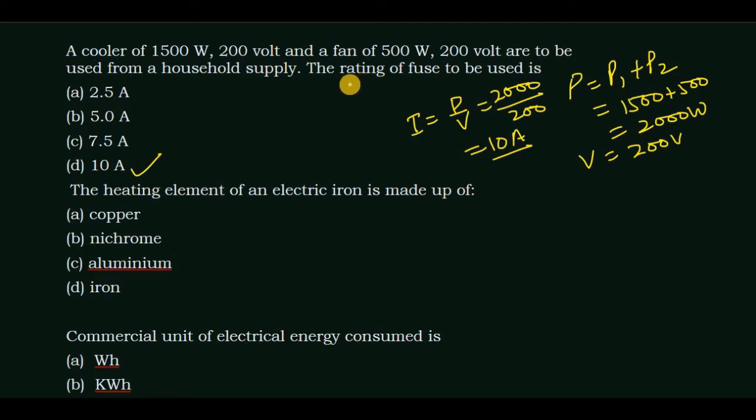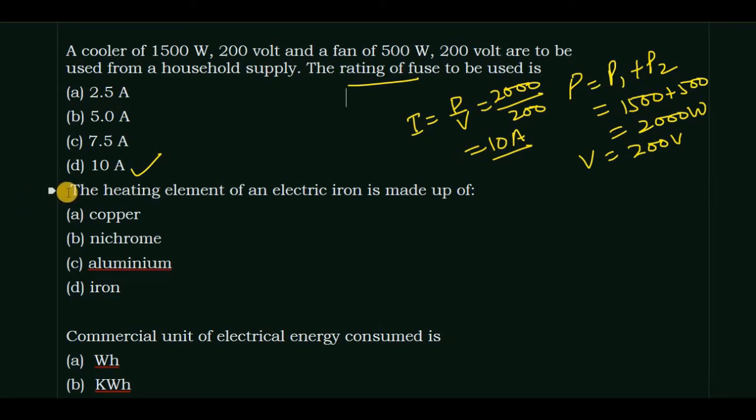ठीक है, तो रेटिंग ऑफ फ्यूज वायर निकालने के लिए आपको ये निकालना है कि उस सर्किट में हम जो फ्यूज वायर लगाएंगे उसकी कैपेसिटी कितनी होनी चाहिए, कितना करंट टॉलरेट कर सकता हो। मिनिमम 10 एम्पियर का लगाना पड़ेगा, 11-12 एम्पियर का भी लगा सकते हैं, बट मिनिमम 10 एम्पियर रेटिंग का फ्यूज वायर लगाना पड़ेगा। पहले हम करंट निकाल लेंगे, सर्किट में कितना करंट फ्लो होगा उसके अकॉर्डिंगली निकल जाएगा। तो सिंपल.